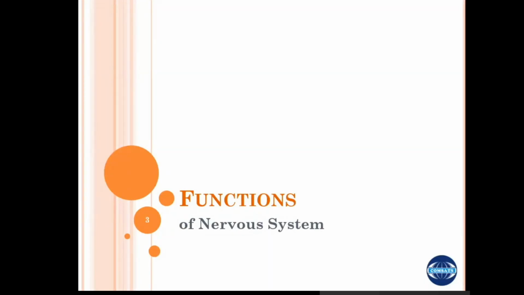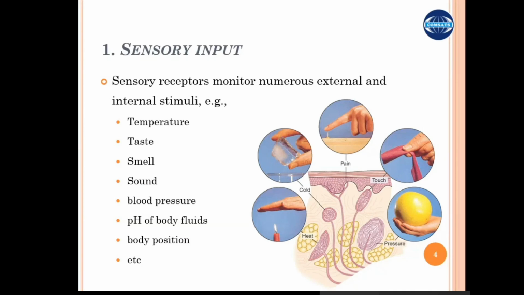The first one is the sensory input. The nervous system receives the sensory input and then processes that information in the brain to take the required action against those sensory inputs. There are different sensory input devices present in the animal's body that are known as sensory receptors. For example, there are temperature sensitive receptors, taste receptors, smell receptors, sound receptors like your ear, some other blood pressure